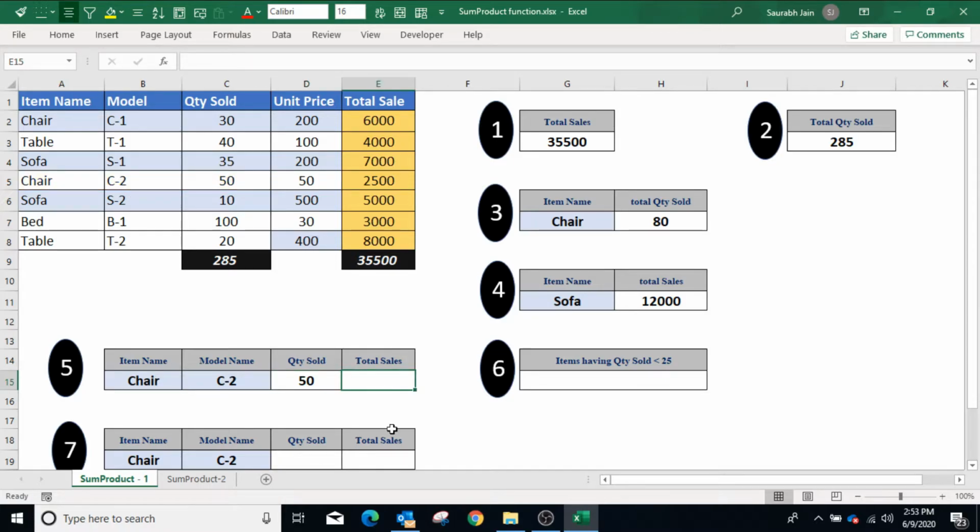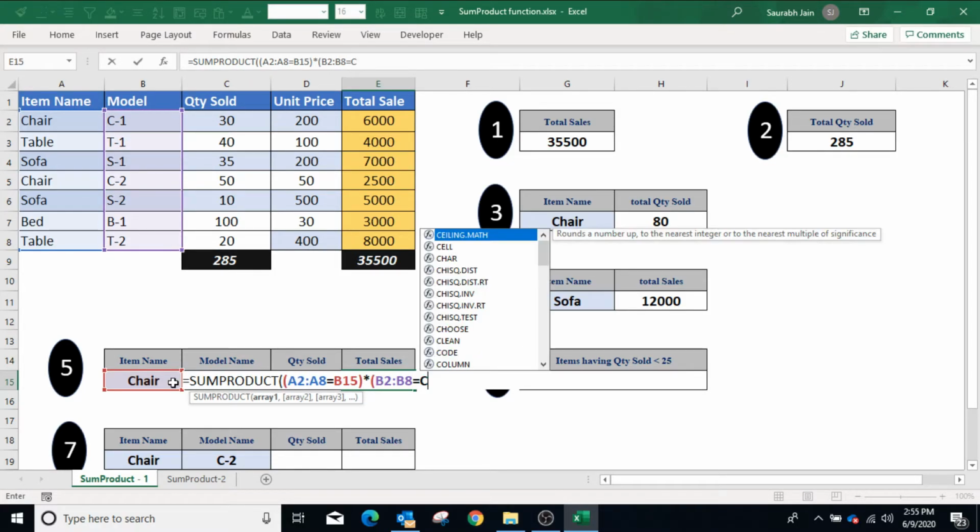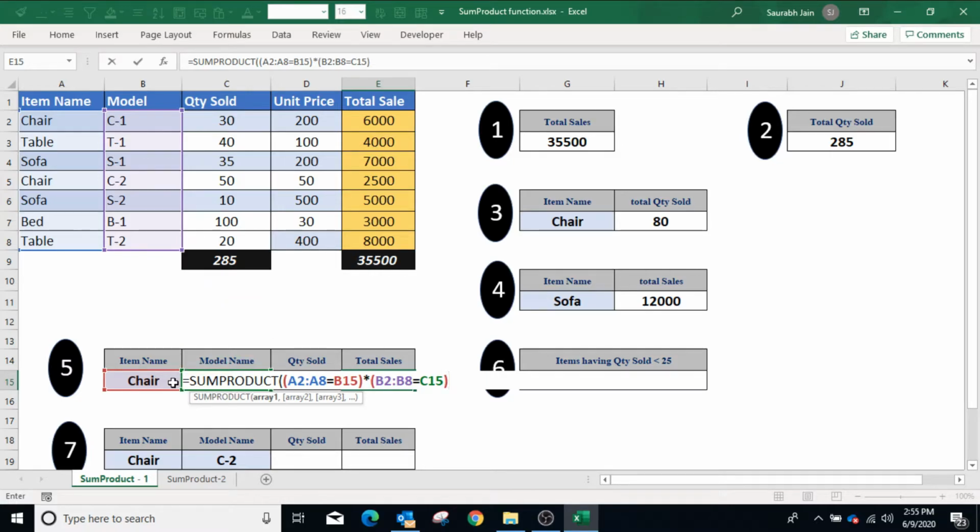Similarly, to find the total sales of a particular item and model, type equals to SUMPRODUCT open bracket. Now first criteria is on item name, so select A2 to A8 equals to B15, closing bracket, asterisk sign for multiplication, open bracket, in which we will mention the model name, select B2 to B8 equals to C15, closing bracket,